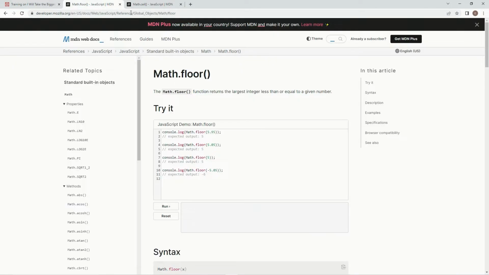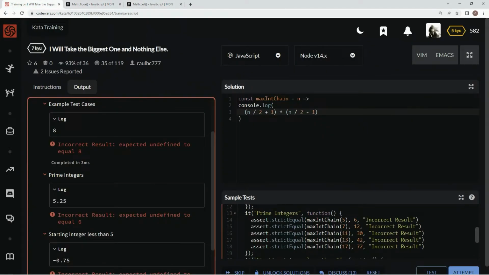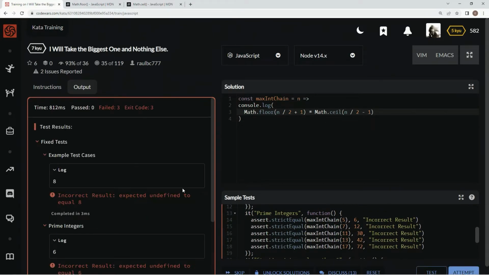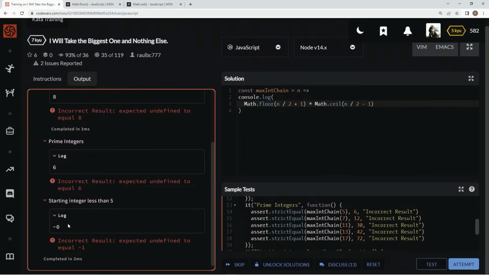If you don't know about floor or ceiling, the Math.floor function returns the largest integer less than or equal to a given number, and ceiling does the opposite, it just rounds up. So floor rounds down and ceil rounds up. So we're going to say Math.floor right there, and this is going to be Math.ceil. Now let's test it out again. So now we've got 6, and now we've got 8, but down here we still have negative 0, which is